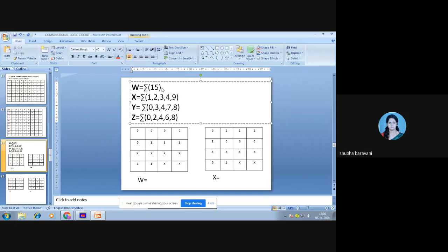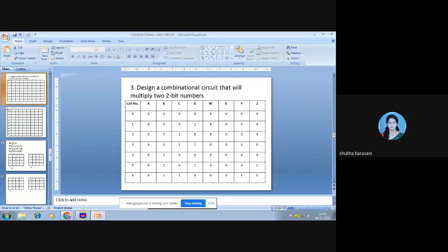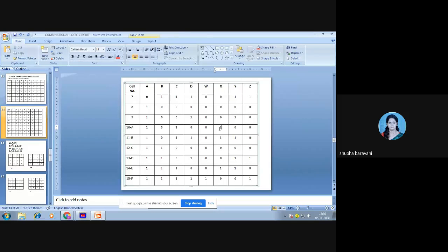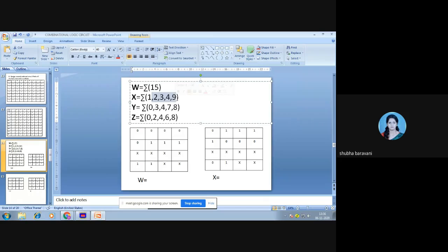Next, for X, I'm having 10, 11 and 14. For X, I have 10, 11, 14.